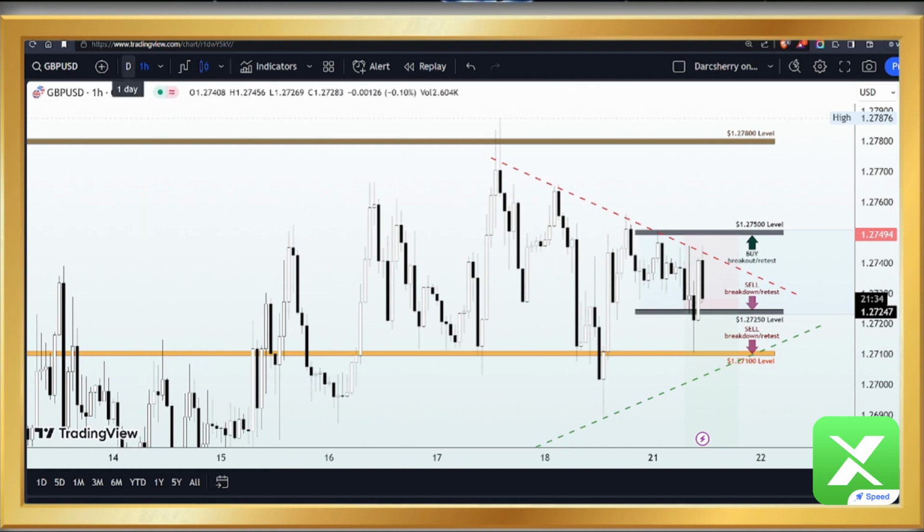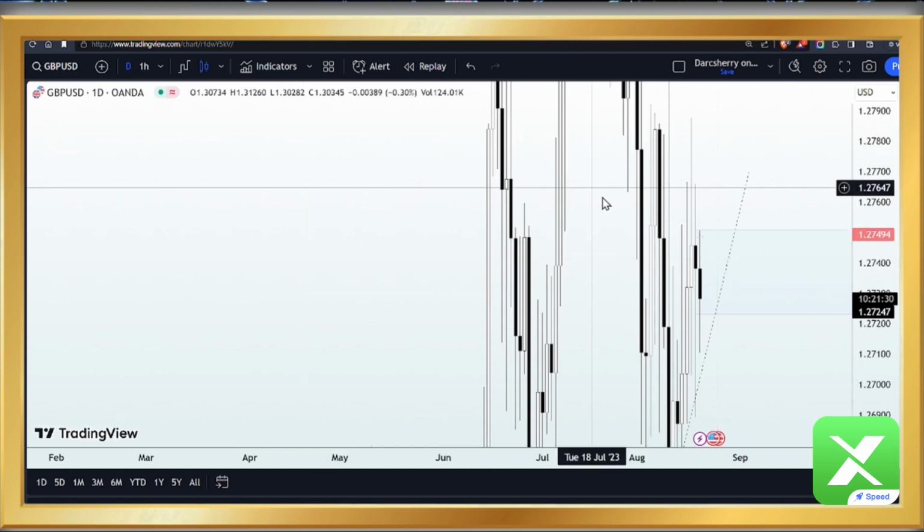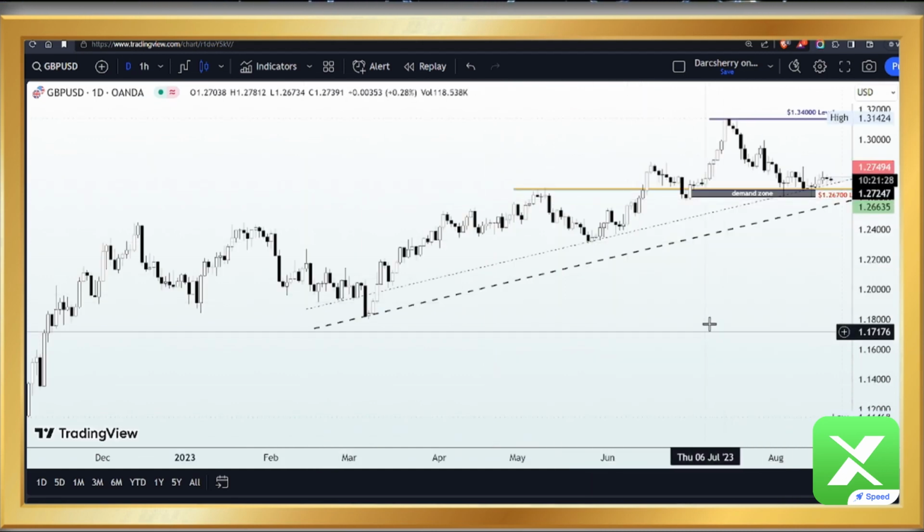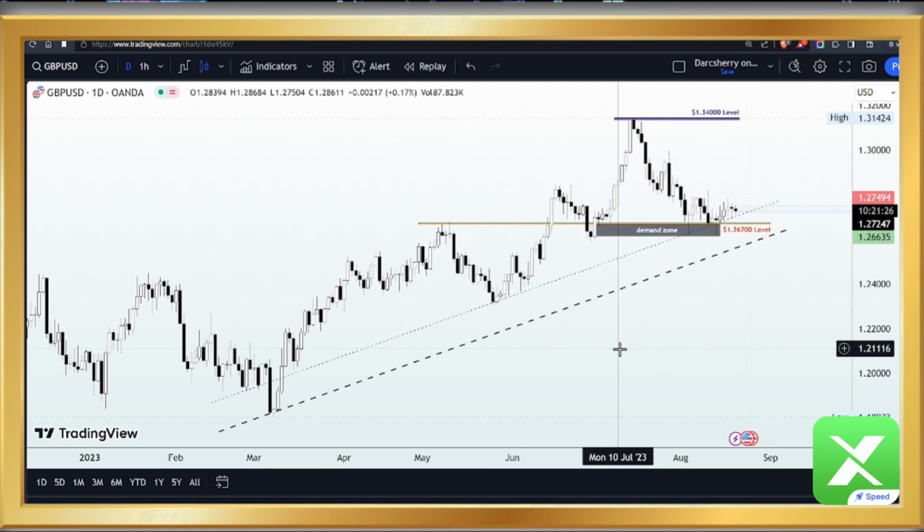into the higher time frame so that we can look at things from a holistic standpoint and at the same time be on the same page together. So right here on the daily time frame on the GBPUSD,